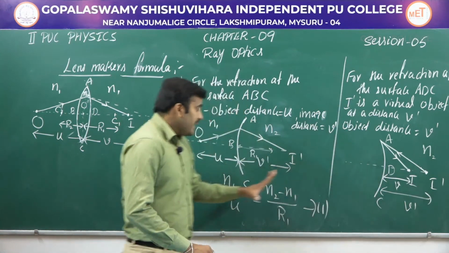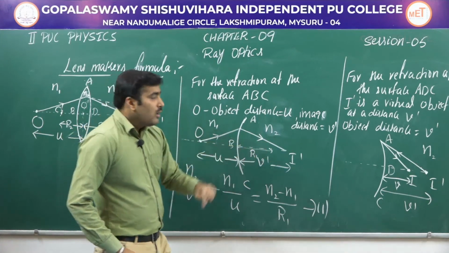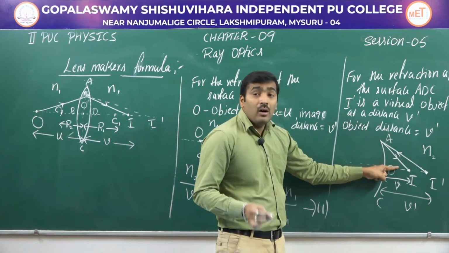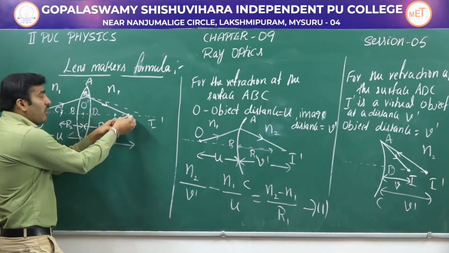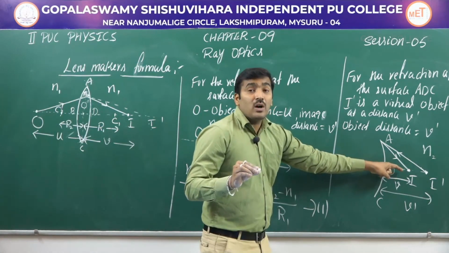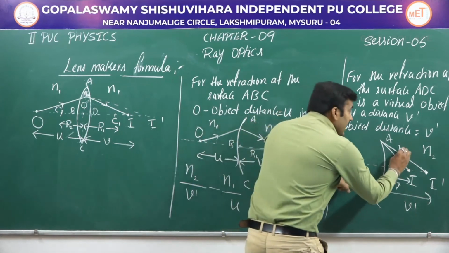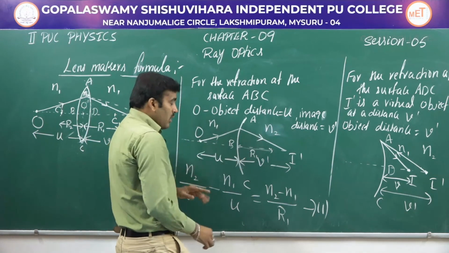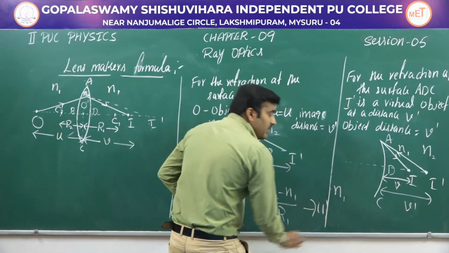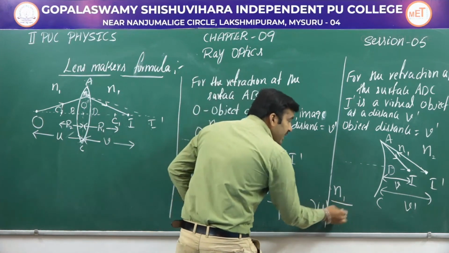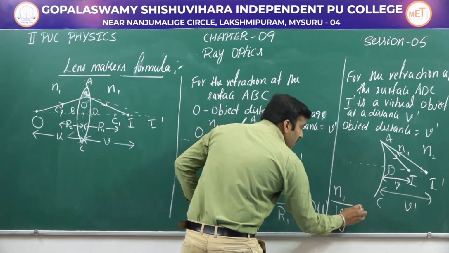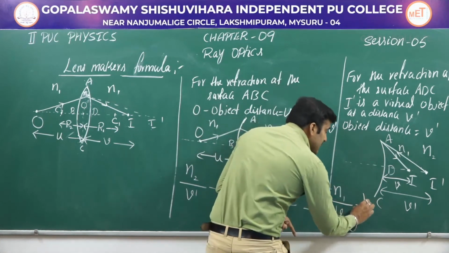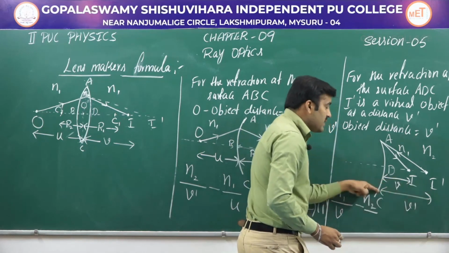Now let us use the same expression. The object is in the second medium of refractive index N2 and the image is in the first medium, because the final image is formed in the first medium. The refractive index of the medium where the image is present is N1. That's a very important point to remember. So now let us write this equation: N1 divided by the image distance V, minus N2 divided by the object distance V dash,